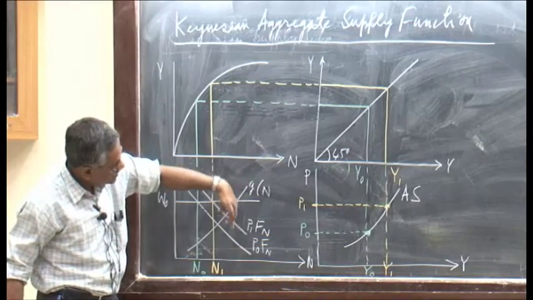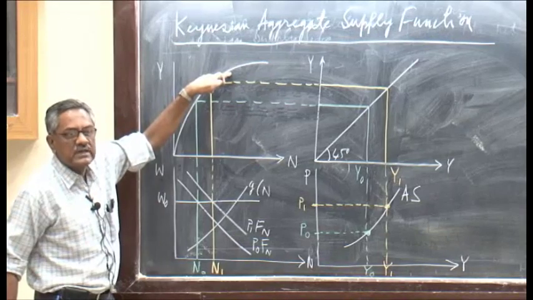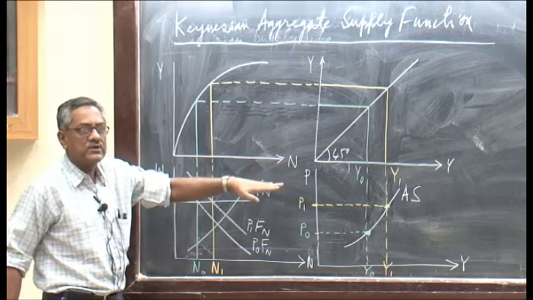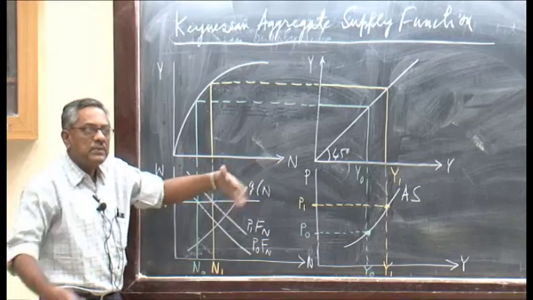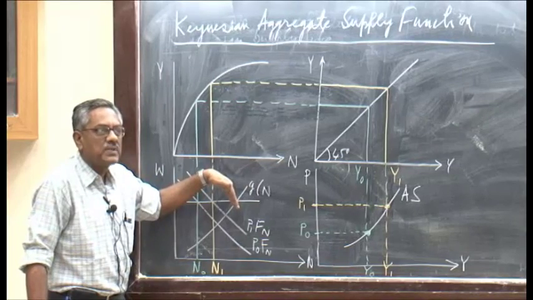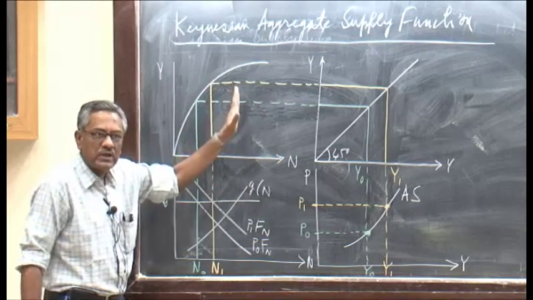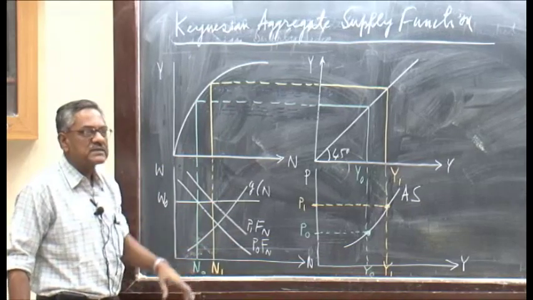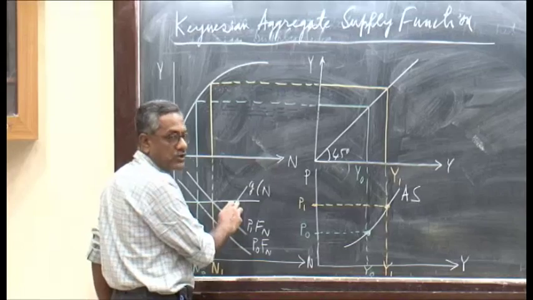So supply restricts output, so output is stuck somewhere. It cannot increase anymore. If prices increase further, demand may shift to the right, but people are not there to work. So the shorter side of the market is the supply of labor, which restricts employment and output to a particular level. So this Keynesian aggregate supply function, at that point, if you can draw that point,